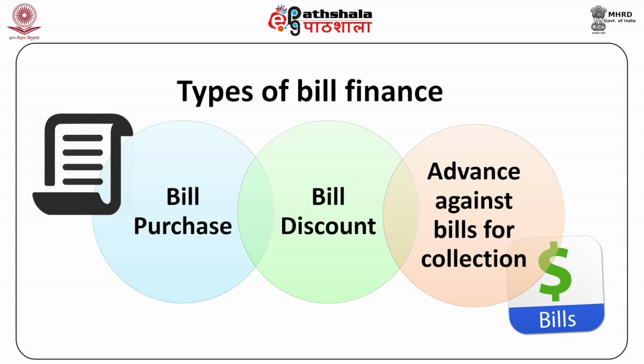3. Advance against bills for collection. The bank's advance against the bills that are in course for collection. The bank advances an amount after deducting a prescribed margin to the customer. Then the bills are sent for collection. The bank is considered the holder of the bill in due course of bills.